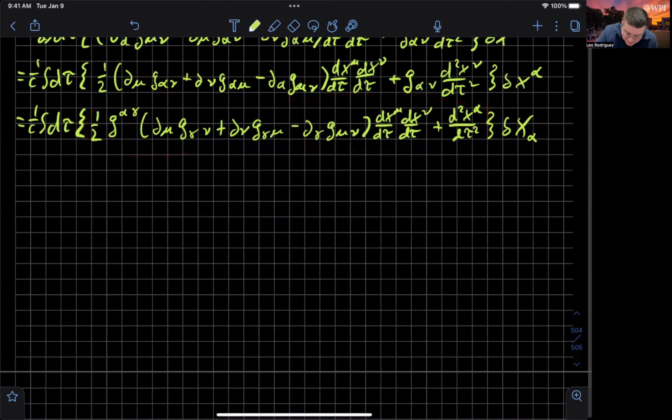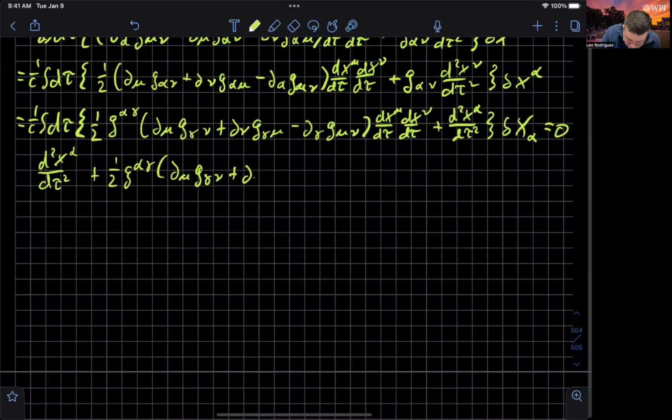So remember, all of this still equals 0, so we get our field equation as d squared x alpha d tau squared plus, and what do we have here? We have 1/2 g alpha gamma d mu g gamma nu plus d mu g gamma mu minus d nu g mu nu on this